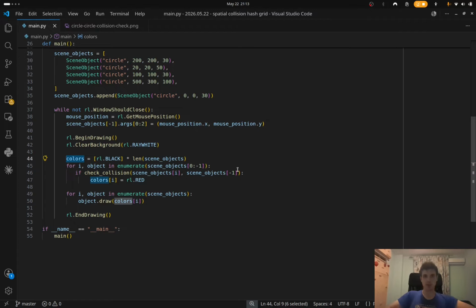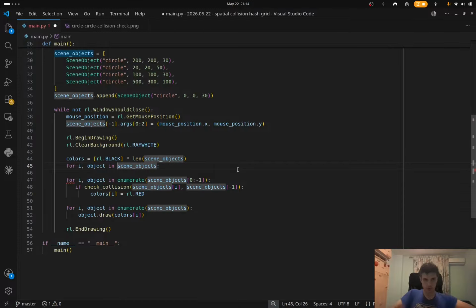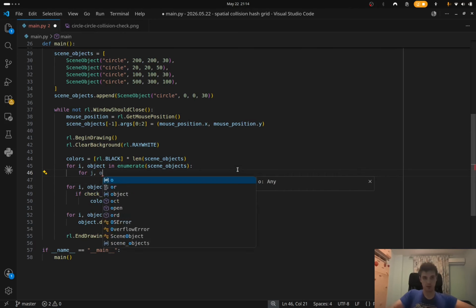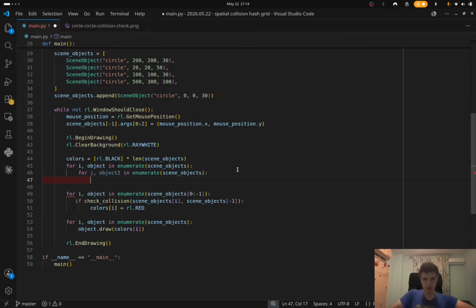We will still keep this one, so basically this is the color, and we will color it red if it's colliding with any other object, or keep it black if it's not. So for example, in order to do that, we will go for object in objects. Actually, it's with an i here as well. And then you have for j, object doing all the other objects. And if check collision basically between object and, let's call it object 1, object 1, object 2,